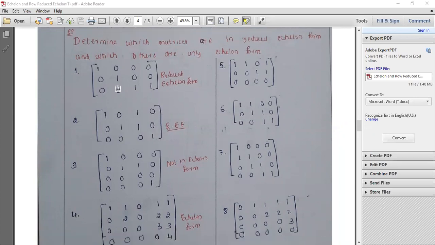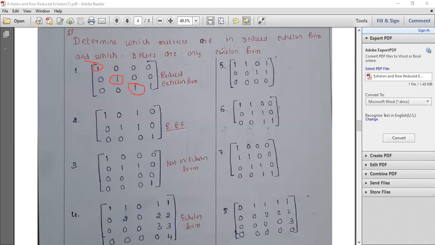That is the question. Now see, this is a matrix. Don't look at the answer, okay? Here we have 1 0 0 0, 0 1 0 0, and 0 0 1 1. Now just observe, leading entries are there, fine. These are the leading entries. Above and below the leading entries are 0, fine. So what is this formation all about?